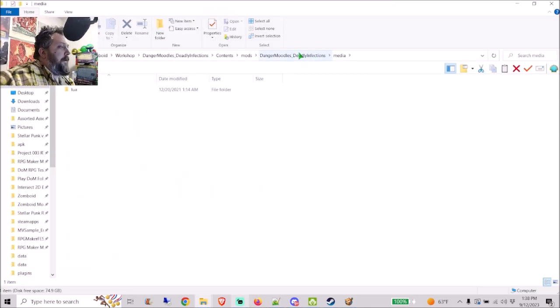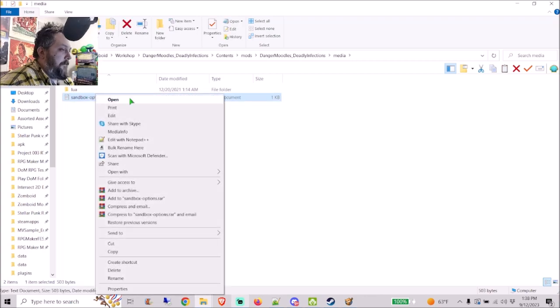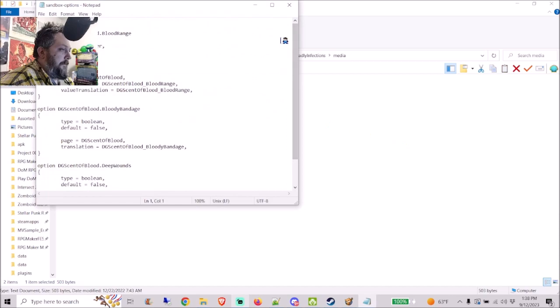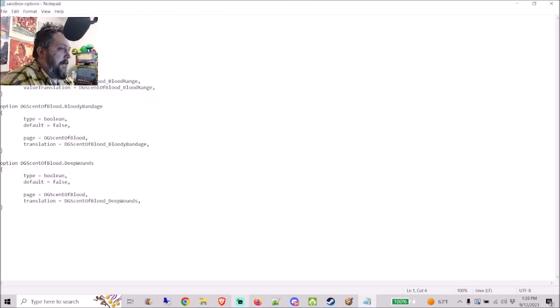Alright, so in your media folder, I grabbed one from one of my other mods. You're going to want to start a text document, Sandbox Options, like so. This is from Scent of Blood. So what you do is you write your version up there, version 1. Then you want to have your options set up like so. I'm using the Scent of Blood one because it's got a couple different kinds, so I can give you an example, right? So the first thing you're going to do is